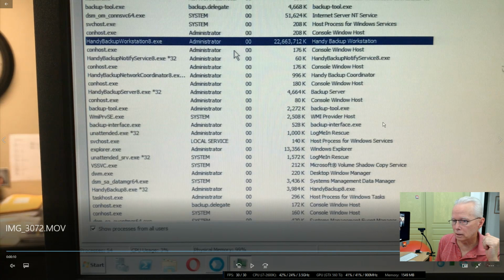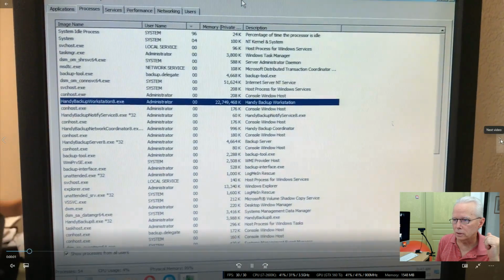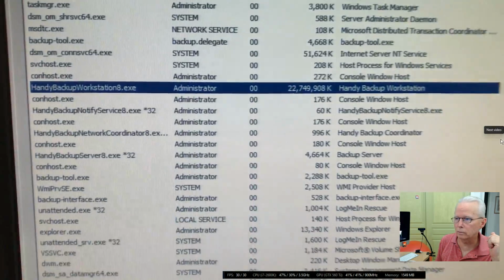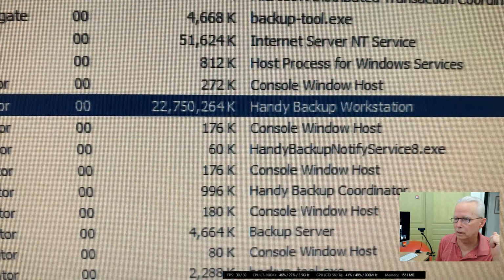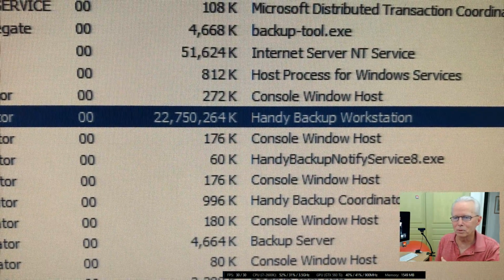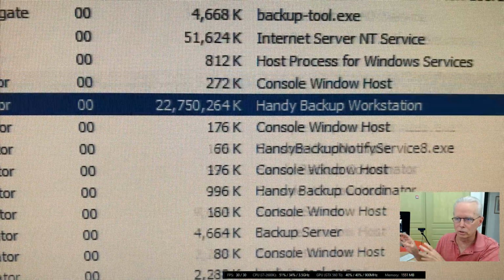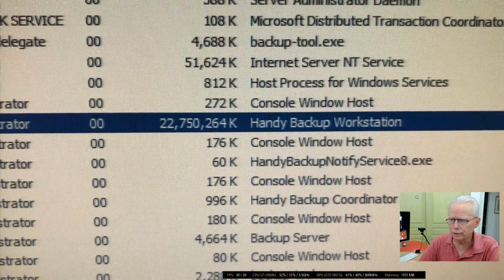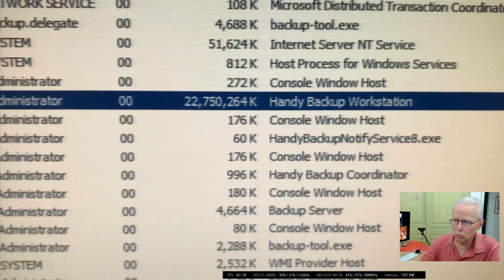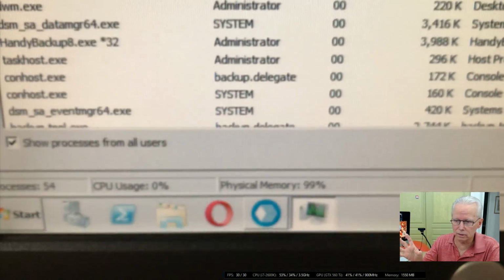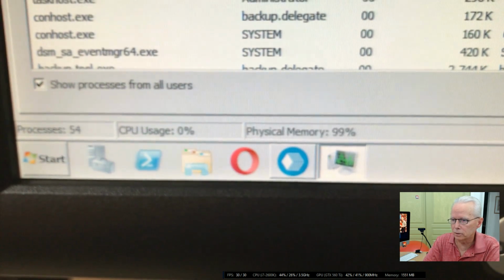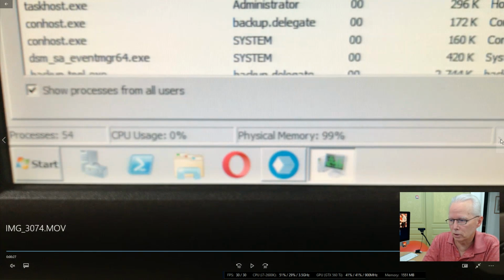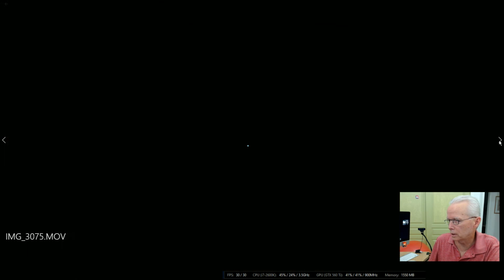And then, is it good? Yeah, there's the right arrow. Go on to the next one. Here's another video, and I'm showing there's no CPU utilization on it, which is curious. Well, yeah, I don't think the CPU takes a lot of effort for it to issue an instruction to write a file, read a file, and write a file. And then that number was incrementing a bit, and then it stays stable for a while. I think it's because it's doing a large file. Physical memory, 99% in use. CPU usage, 0. Moving on to the next one.